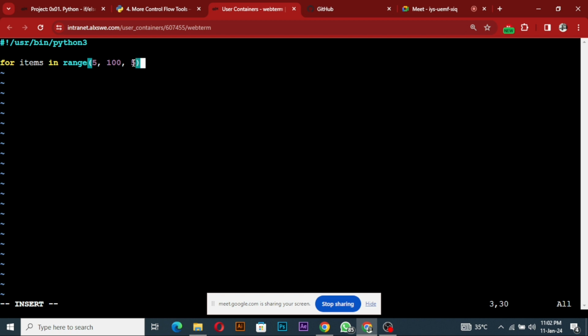So, majorly, printing the items is not our goal. The major goal for the for loop is how many times you are going to loop through this thing. I can say print,